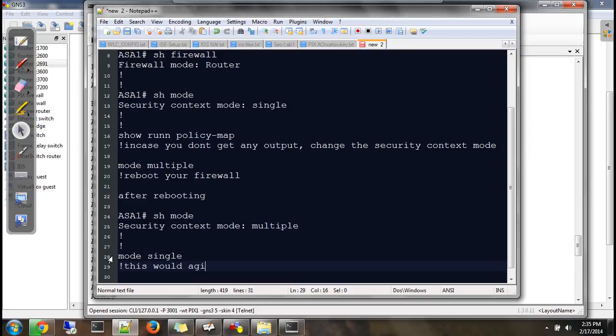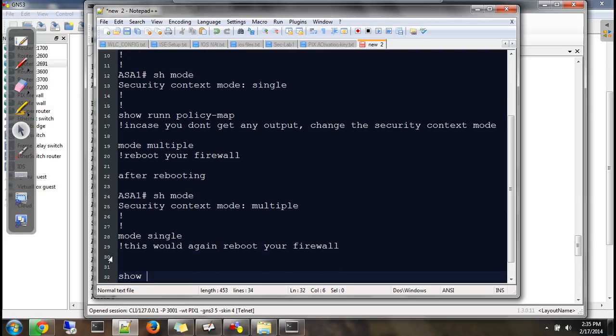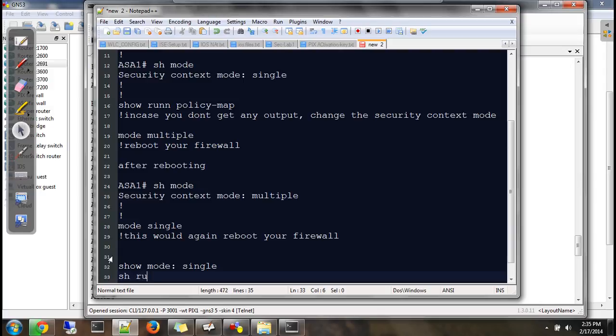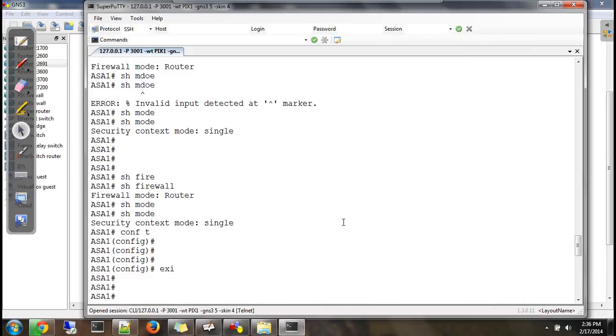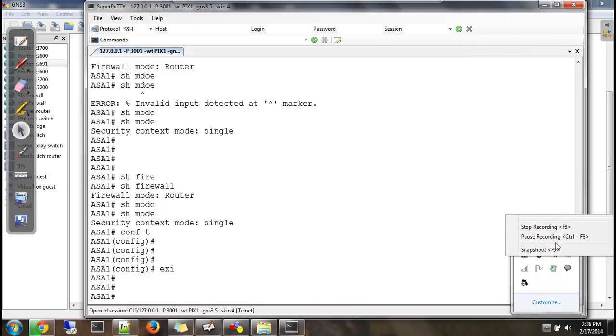This would again reboot your firewall, and once the firewall is up, again go and check show mode. This should show you mode as single and then say show running policy map. This should fix your problem. Okay, meaning we have to assign those commands in the multiple mode only.